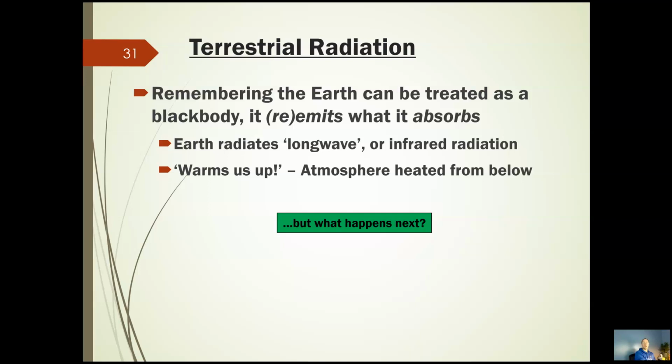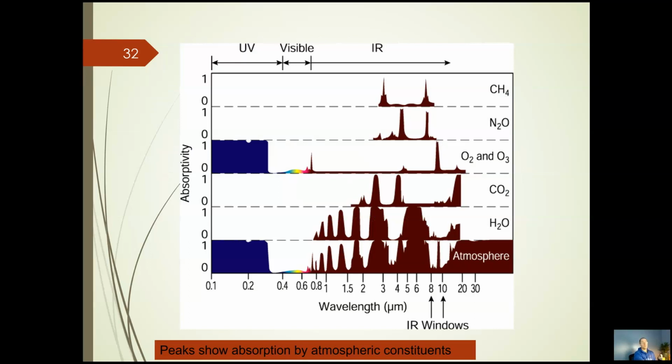Is all of this energy, this infrared energy being radiated by the Earth, going to simply go out to outer space? The answer is no. And so we revisit a similar but just different looking version of the earlier chart showing a bunch of things from methane to nitrous oxide to ozone to carbon dioxide to water vapor, and realizing that now that we're emitting in this infrared portion of the spectrum, in fact, you remember it's somewhere around 10 microns is where we're going